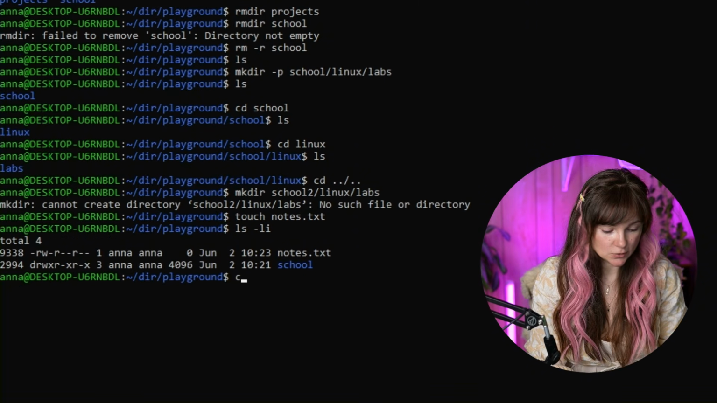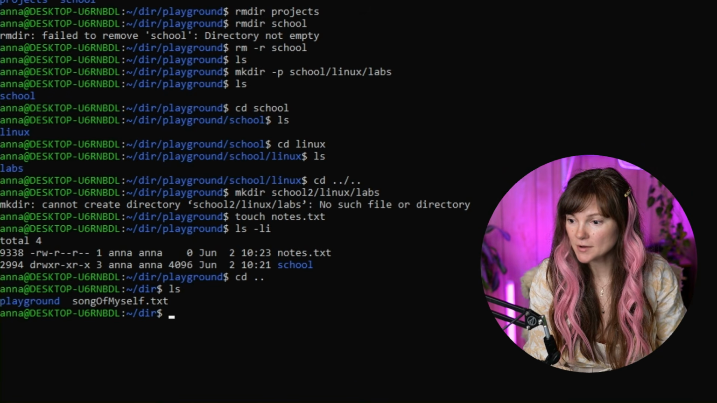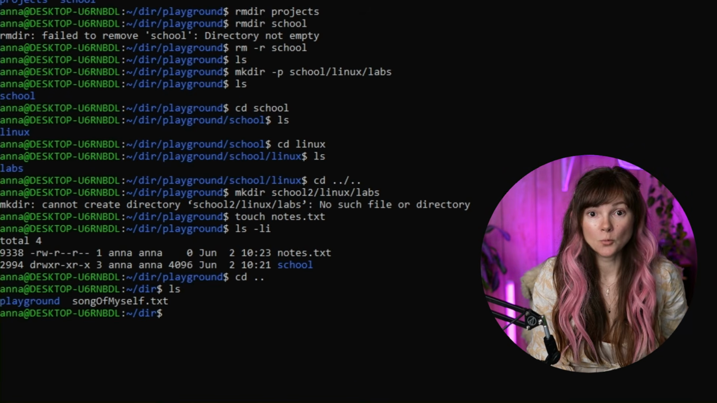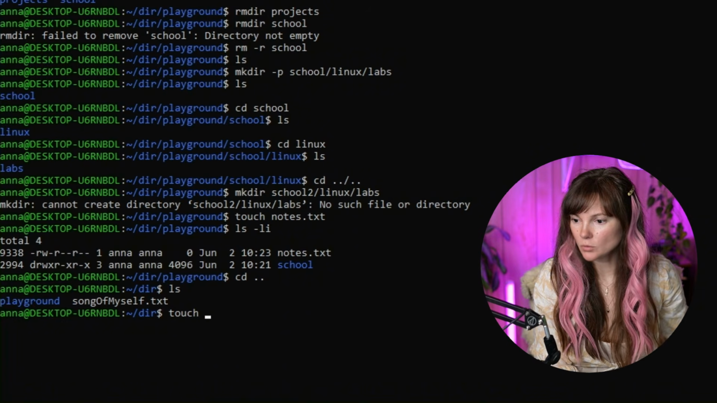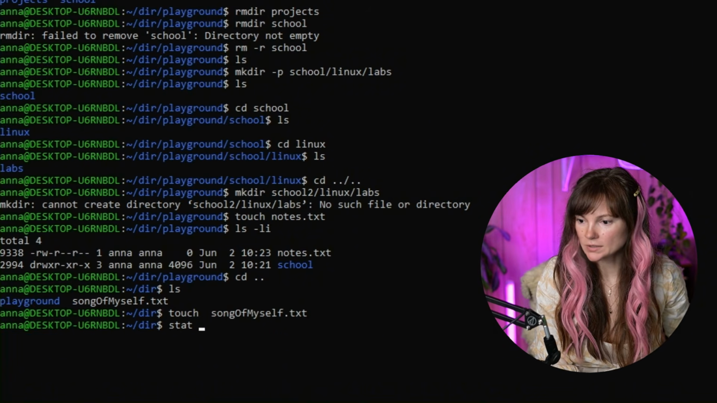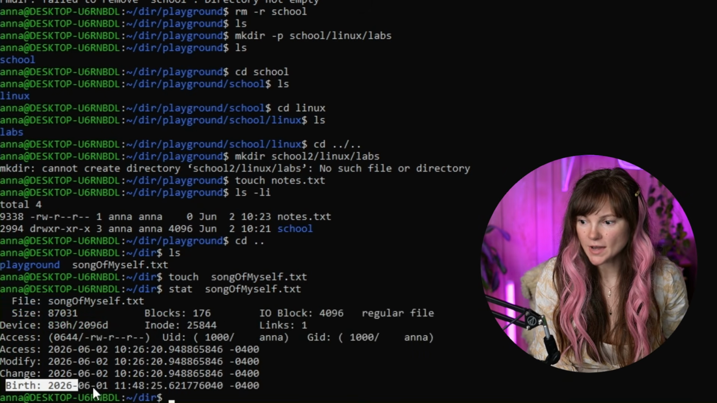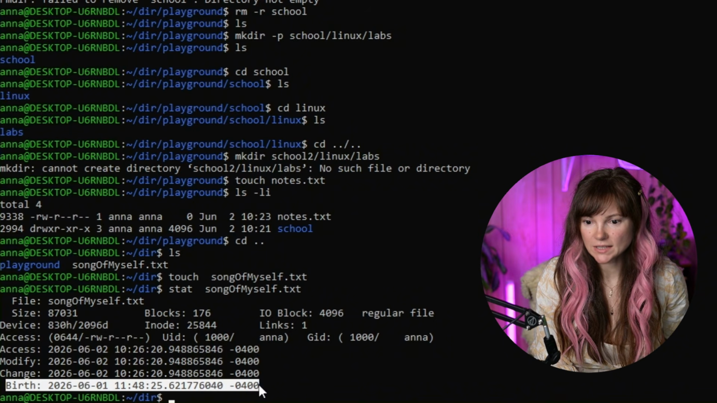Let's go to the previous directory, and you see I have a file here. We can touch this old file and then use a stat command on this file to check the timestamps. So we can see that the file was created on this date, and birth is the actual creation day of